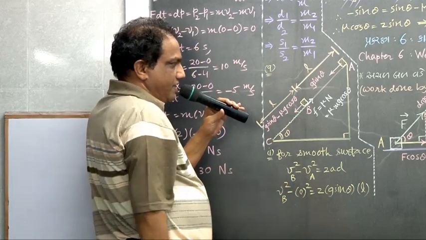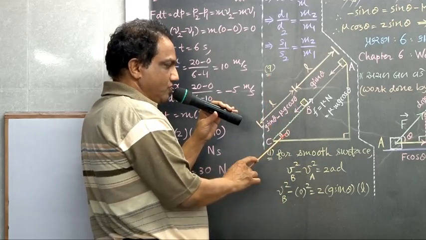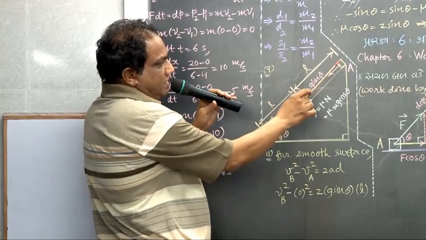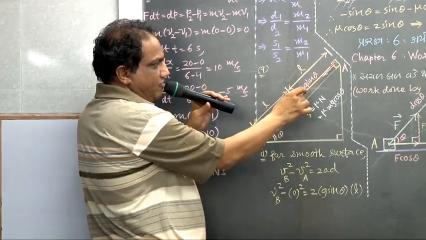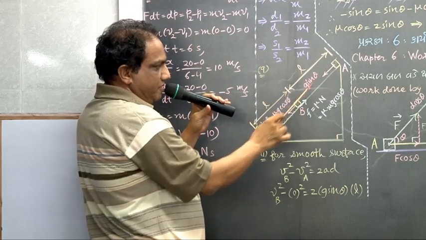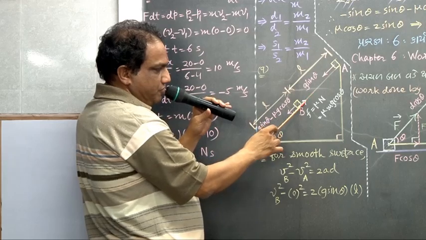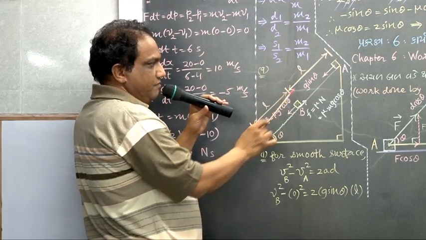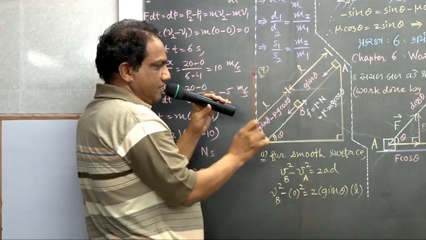Now we are asked to find the expression of the coefficient of friction in terms of the angle of slope. I'm showing you how to do that. Just release the body from, say, point A. Let it come from A to B. Now this surface is, look here, a smooth surface. Whatever is this length, the same is this length, because these two are equal halves. So this is L, this is L.